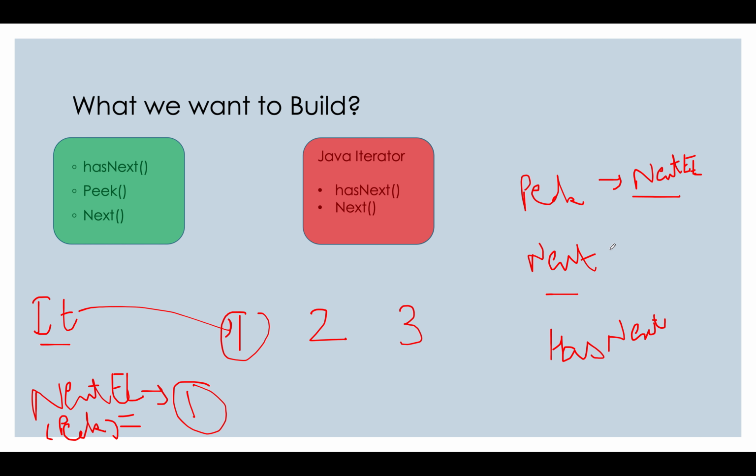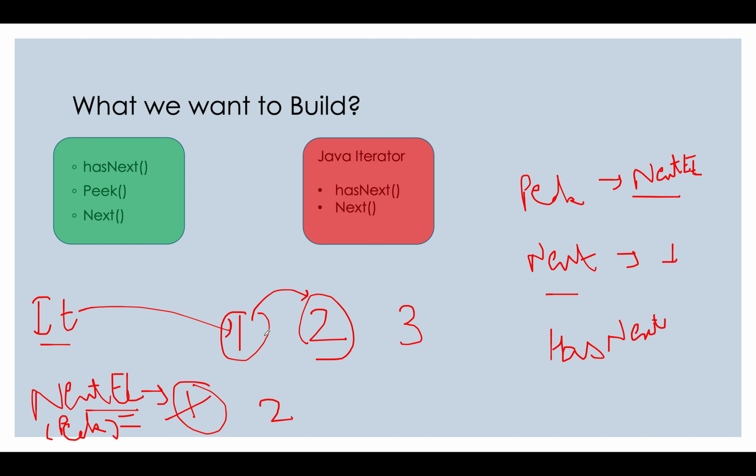So what we will do, we will cache, we will store the next element from the current next element. So what we will do, we want to return 1 from the next element, and we will move to the next element and store that in the next element variable. So this becomes 2. I think it's becoming a little confusing because the variable names are very overlapping. What have I done in this case?